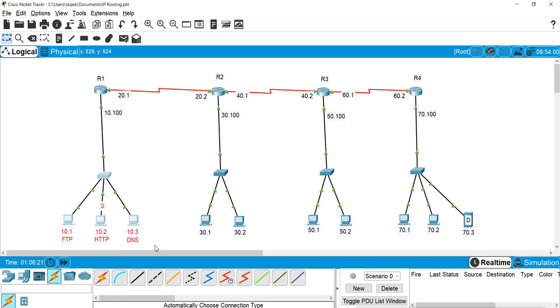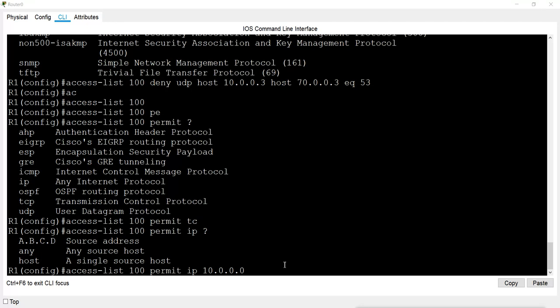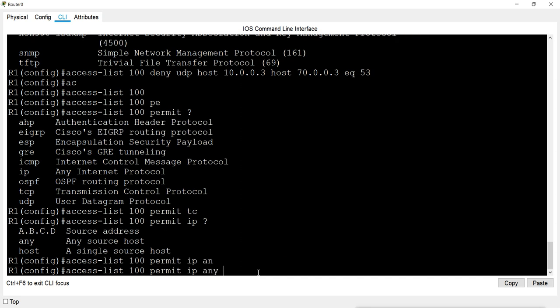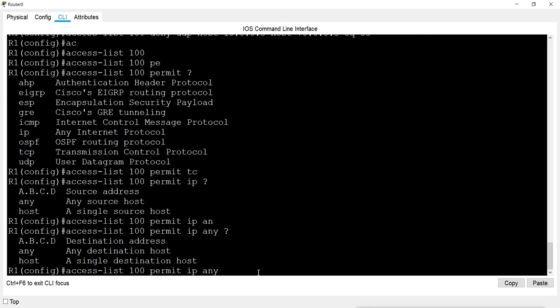So all the machines, whatever we have, will come only from this 10 network. So instead of mentioning the network IP, we can mention any also. And when you mention any, you don't have to give the wildcard mask also.